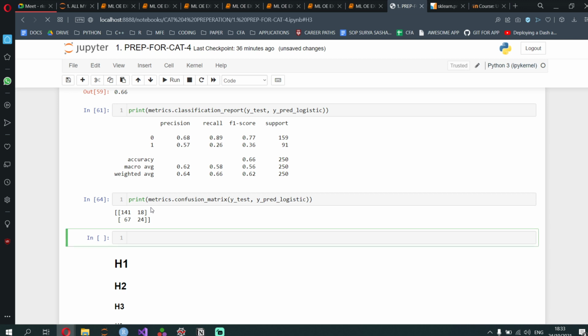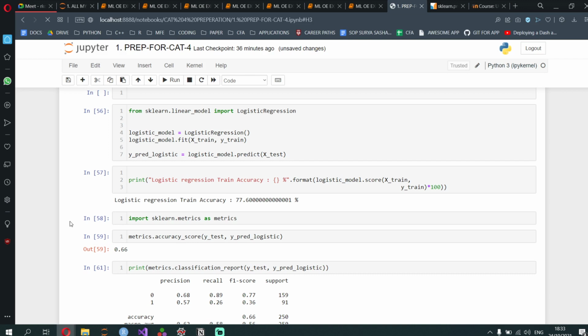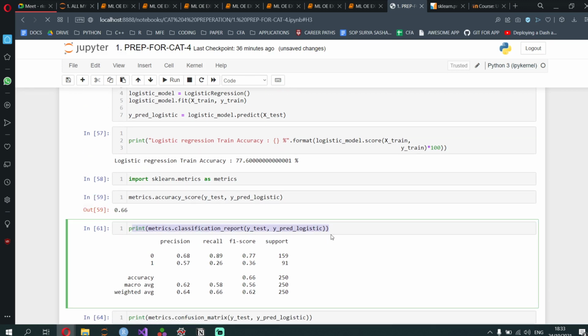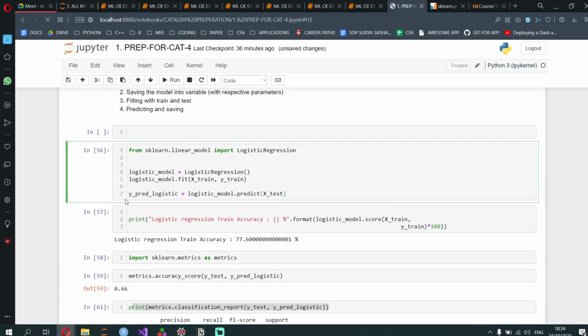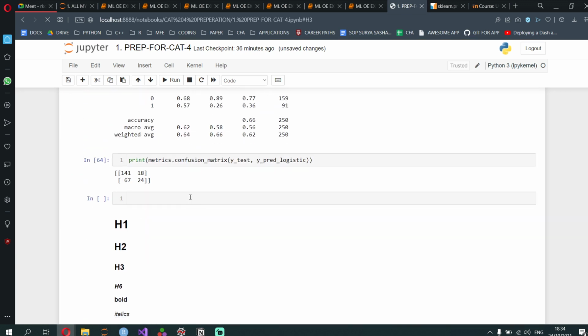For regression, the entire process up until this classification report is same. So metrics dot accuracy score would, you know what, not even that. Till here it's same. Till y predicted is logistic model dot predict is same. After that, to evaluate, you need to use other metrics, such as